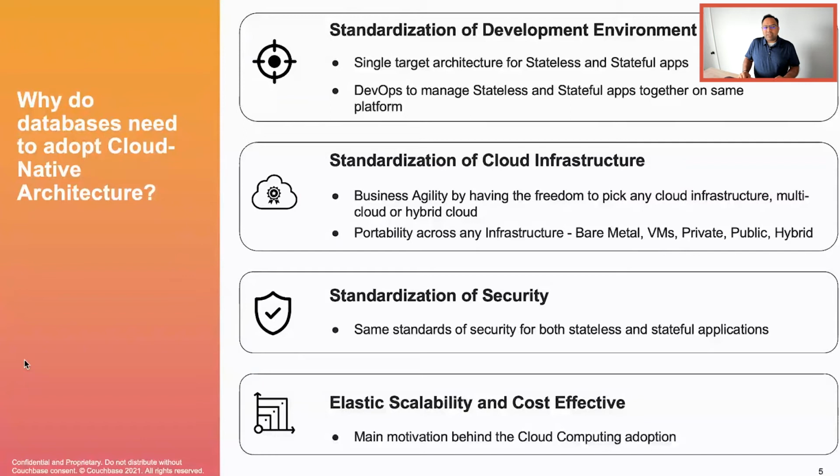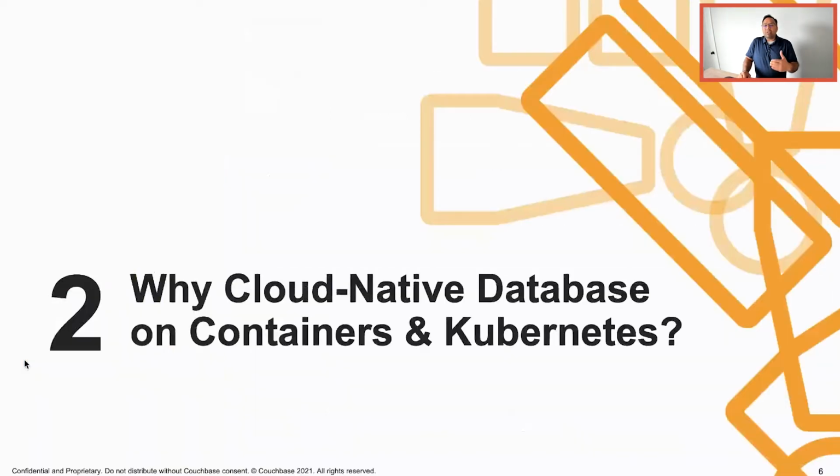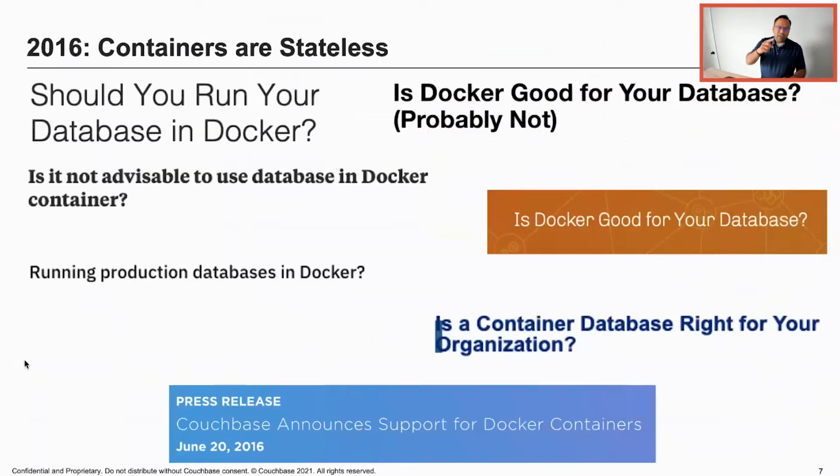So now that we understand the importance of adopting a cloud native architecture for applications, let's find out why a cloud native application, in our case a database, must run on containers and Kubernetes. To answer this question, I have to take you back in time. In 2016, we all saw a hockey stick hype cycle with the adoption of container technologies. Although it was a great architecture for stateless applications, since there is no state to be maintained, there was a significant concern, or I would say skepticism, about running stateful workloads such as databases or logs